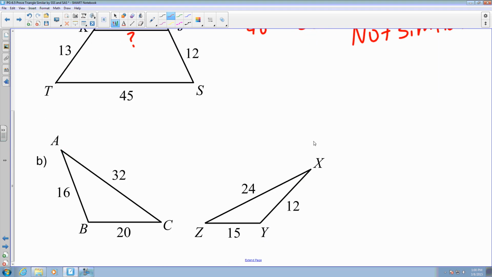And let's take a look at this one. Triangle ABC and triangle XYZ. They give us all of the side measurements, so the only way that we can prove that is by side, side, side, and we have to prove that the corresponding sides are proportional. I'm just going to take the largest side, which is 32, over the largest side of the other, which is 24. I'm going to set it proportional to the second largest, 20 over 15, and I want to see if